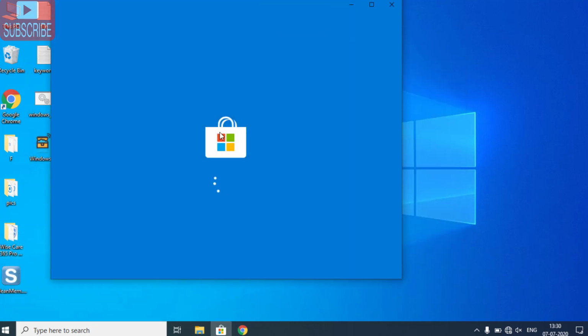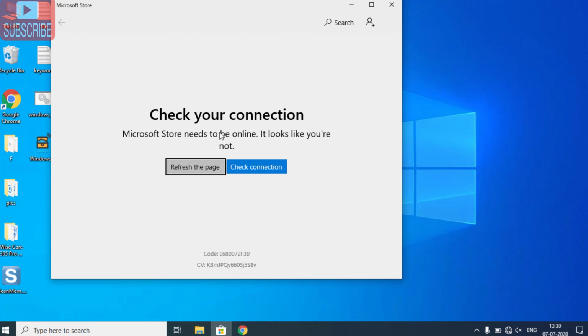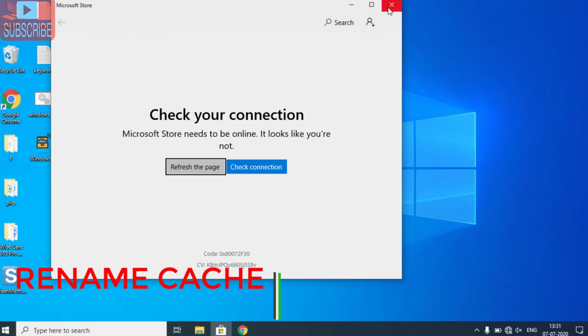It will take a few seconds. Like over here, my internet connection is not working, that's why it is showing this command. So at your end, it will take a few seconds. And once that CMD window is closed, your Microsoft Store will start automatically and check whether the store is opening or not. Your problem till now must be resolved. If not, we are going to proceed with step number 3.